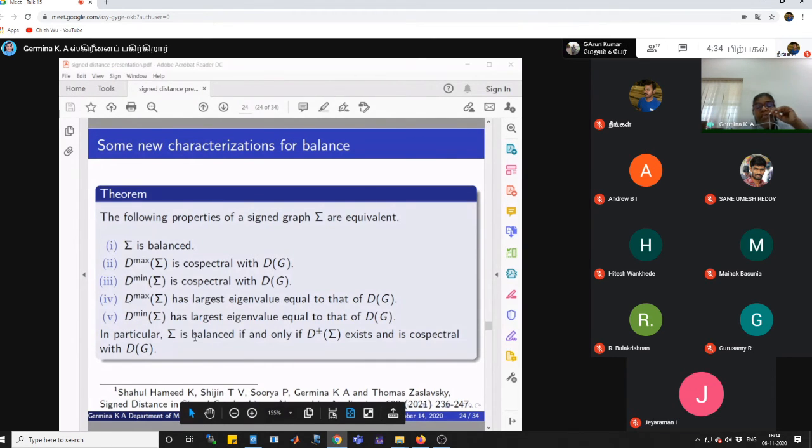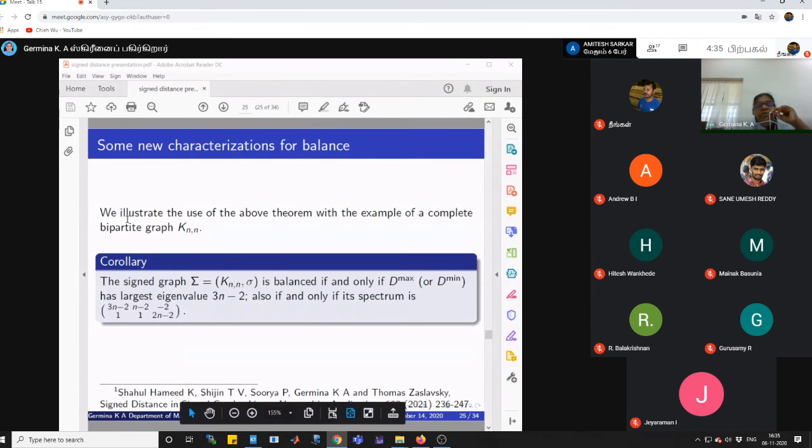Moreover, in particular, sigma is balanced if and only if D plus of sigma exists and is cospectral with D of G. This is considered to be the center of this paper. So we illustrate these theorems with some examples of, say, the complete bipartite graph K_{n,n}. We have seen that the signed graph sigma equal to K_{n,n} sigma is balanced if and only if D max